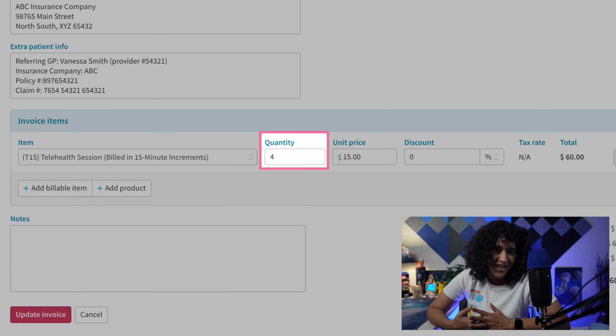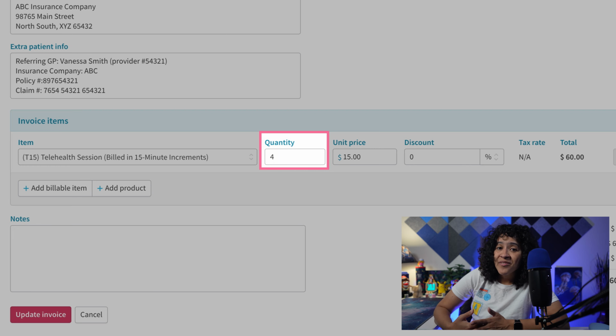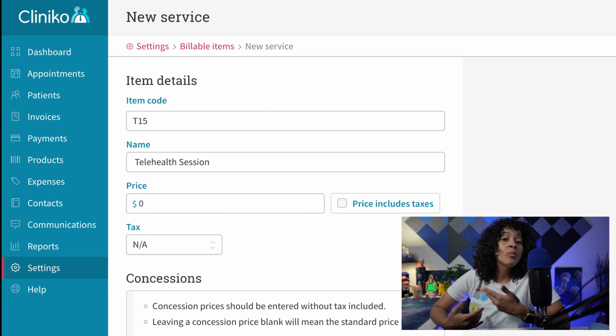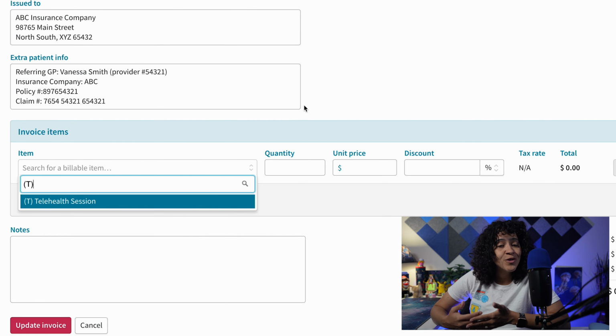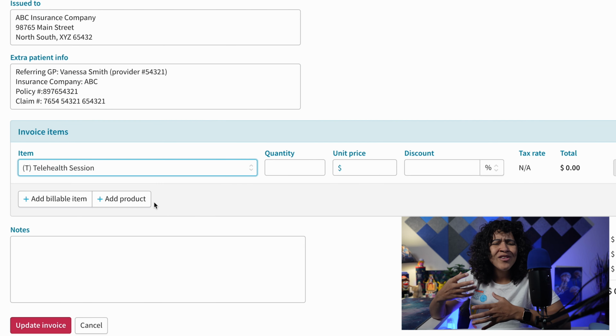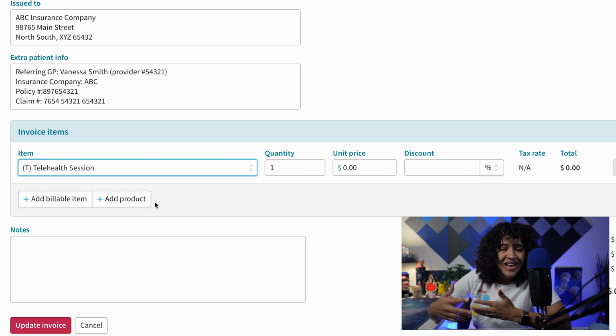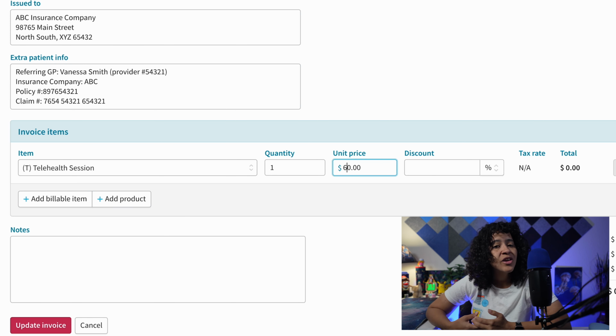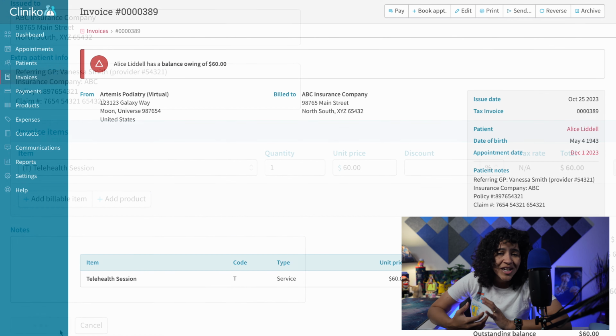item quantity accordingly. Alternatively, you can set the billable item to $0 initially in your settings. That way, when you add the item to your future invoices, rather than adjusting the quantity, you'll adjust the unit price manually as needed. Using these methods will fix the error on your invoices,